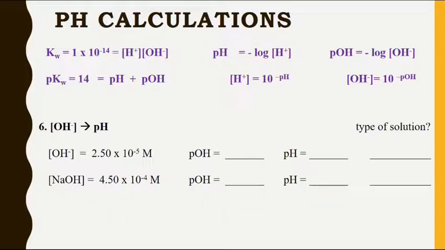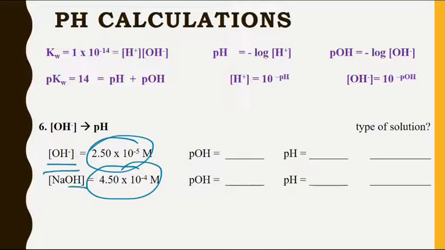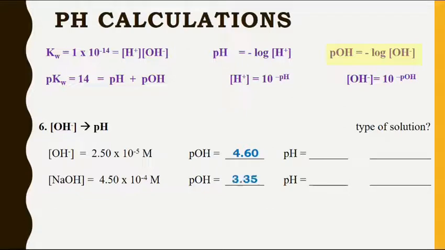Moving on to our next type, trying to get to the pH from the OH concentration. When we take the negative log of these concentrations, and anytime we're given a concentration, your instinct should be to take the negative log of it, get rid of all that crazy scientific notation. But because we're starting with OH values, that's giving us our pOH here. So once I get that value, if I'm looking for our pH, I'm going to have to do 14 minus 4.60, and that gets me my 9.40 pH, and 10.65 for that second one,